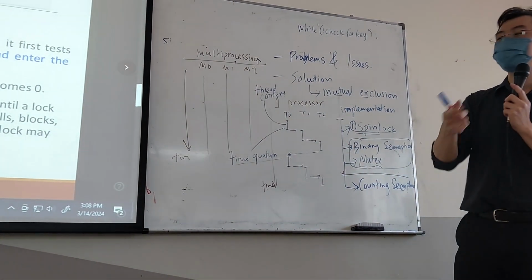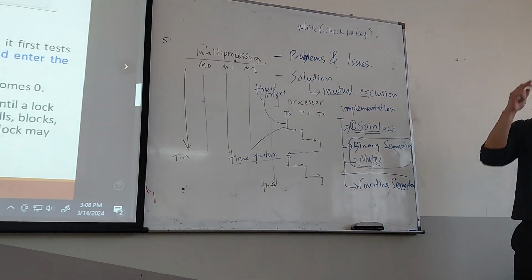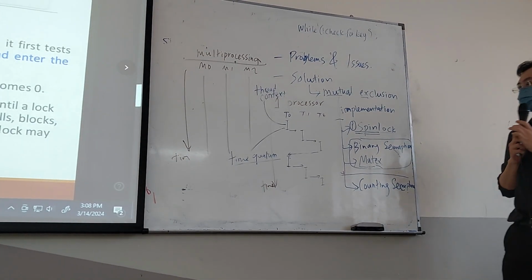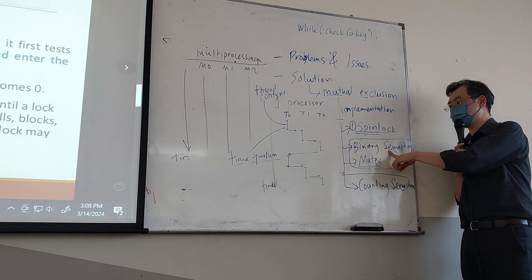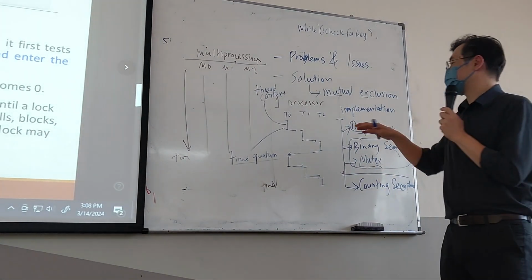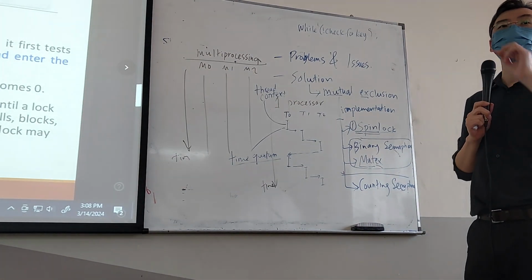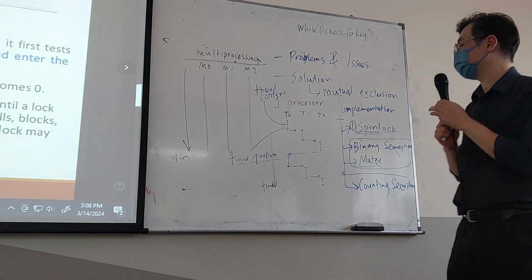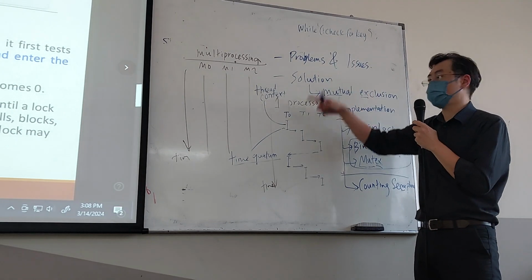You have to use another kind of lock, and that lock is this lock here: binary semaphore and mutex. These two can do that. Okay? So spin lock actually is not good because you have to spend the time spinning, waiting for it, and